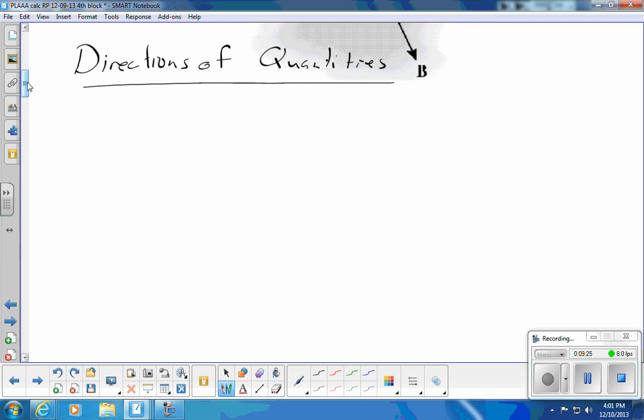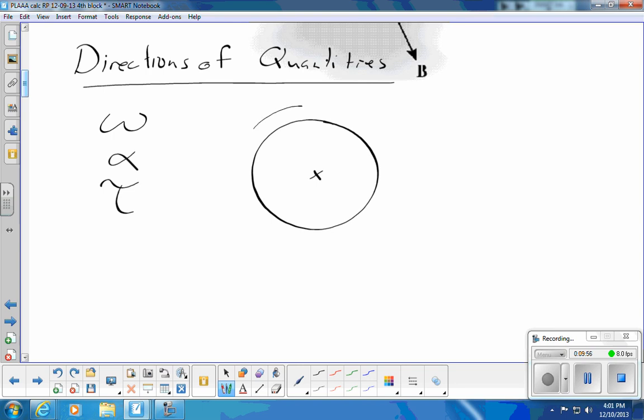I'm actually going to skip angular displacement for right now, because angular displacement's a little bit of a bugaboo for reasons that you might be able to drag out of me if you're lucky. But we will look at angular velocity, the direction of angular acceleration, and then we're going to say a little something about torque. Okay, angular velocity, I will try to show this to you. If I have a disk in the plane of the board, there's the axis, and it's rotating counterclockwise,